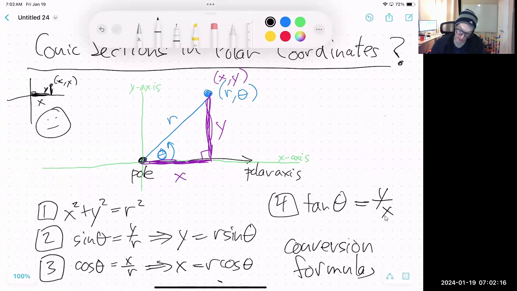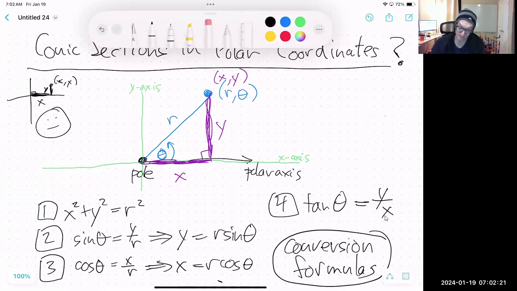They're conversion formulas because they enable one to convert an equation that's in polar coordinates to an equation in rectangular coordinates because of this. Okay,